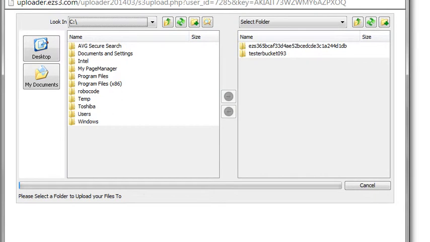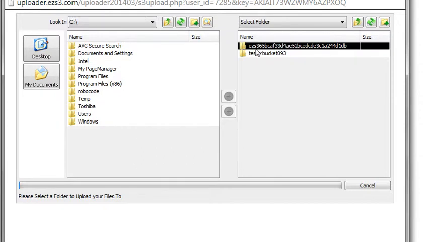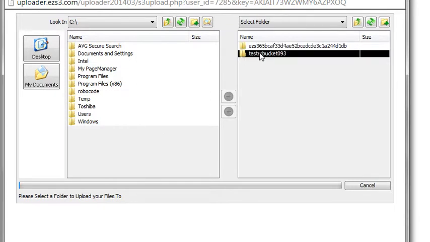Okay, so once this opens up, you'll see the uploader. Here on the left hand side are the documents on my own computer, so I can choose whereabouts I want to look for various documents. And here on the right hand side are the two buckets in my account. Now it's important that you don't use the eZs3 bucket here, which starts with eZs3, as this is really just for your account maintenance. So I'm going to upload something into my new bucket that I've just created